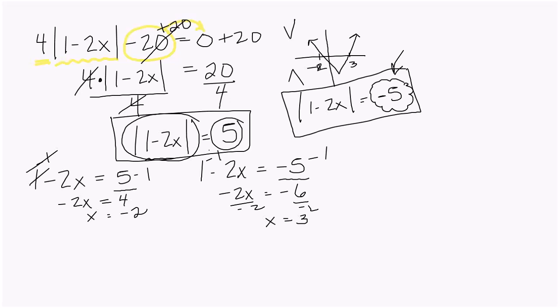And know that with absolute values, once you remove the bars, you're either going to get a positive or a negative number. You just can't have it start out this way, because we know that the absolute value always has to be a positive number. And this one here does not make sense because we're saying that it's going to be negative, which is very different from what we're saying down here. We remove the absolute value bars, and as soon as you remove the absolute value bars, then you can have it equal to a negative number. But if the absolute value bars are there, then it absolutely can't equal a negative number,